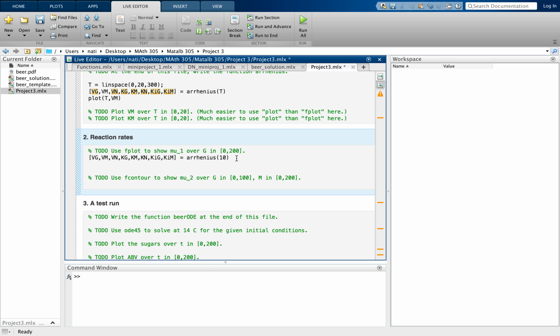So now, next what you want to do is evaluate mu, and we know that mu is a function of g. In the problem, it tells you that you want to do this for values between 0 and 200. So you can create an anonymous function inside fplot, which just makes the code a lot shorter. So you can just do fplot